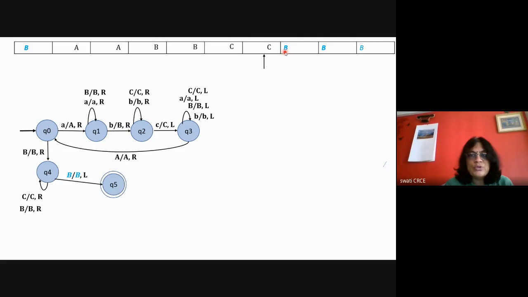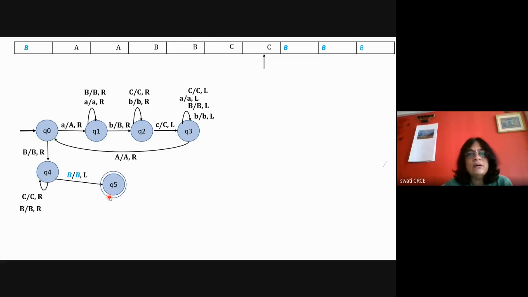Okay. So we are showing that by using this transition that capital B is changed to capital B and go to left in the state Q4, and now here it is in the state Q5, which is a final state, and we have not defined any transition for the final state. And we have shown it by double circle. So when the machine reaches Q5, the final state, there is no transition, so it will halt by